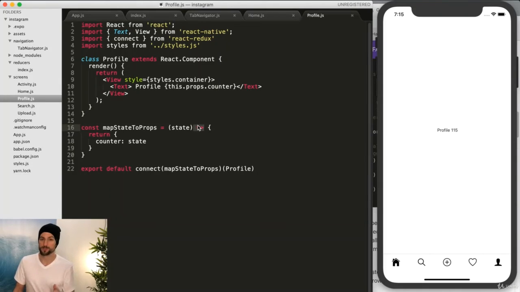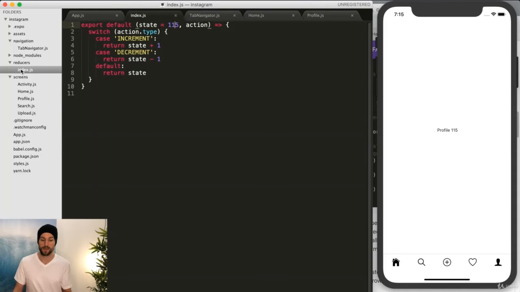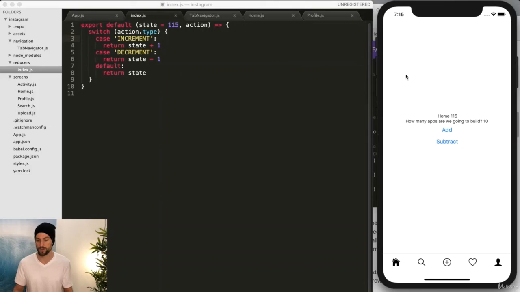So now we're able to view the state from the reducer. So you can see that the reducer is just storing the state basically. But we're not even calling these functions yet. So there's a case of increment and it adds 1, and decrement and it removes 1. And next we're going to add some actions to be able to call these cases and to be able to add and subtract from this overall state, just like we did on this home page of adding and subtracting. And you can see here how the numbers are independent of each other. Even though they're doing the same thing, this is a local state, and then 115 is a global state within